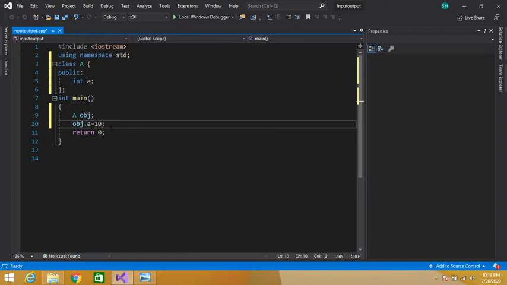So these two operations are allowed with user defined types. We can access data members or member functions, or we can use the assignment operator, but we cannot add objects of our class. In order to do that, we use operator overloading.